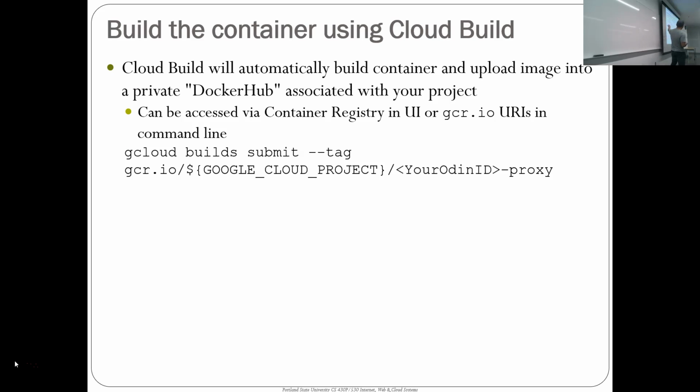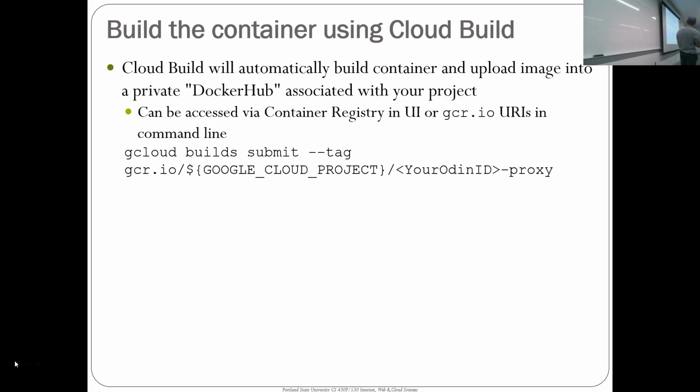So that is what this command is doing. It's submitting all your source files to the container build service, and the container build service is going to run the Docker build stuff. All of that is going to get built, and you'll see it basically tar and gzip up your current directory and upload it to Container Builder. And then Container Builder is going to run the exact same thing